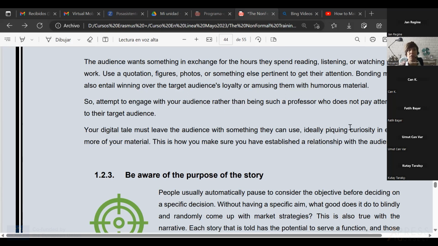So if you are going to continue the storytelling, if your story has different parts, or if you have a channel in which you have different storytellings, it is a good thing to leave space at the end of that storytelling with some touches of the next thing that is coming. So you develop their curiosity, and they will be waiting for more. Those are some tips to help you have a good relationship with your audience.